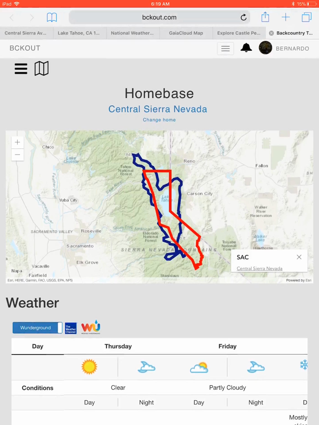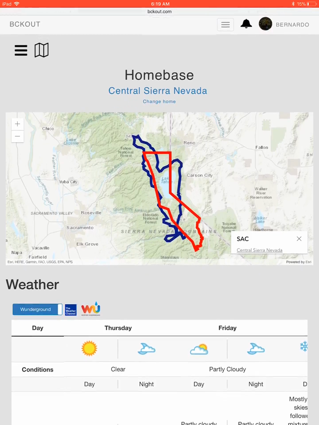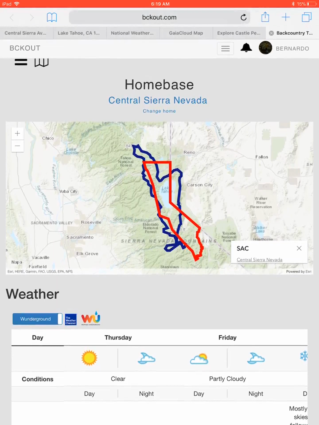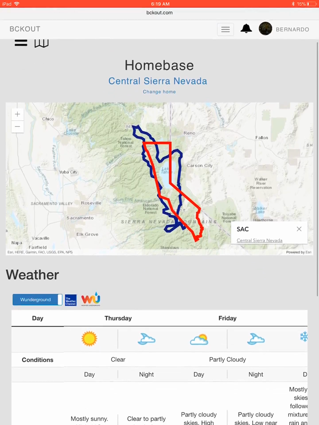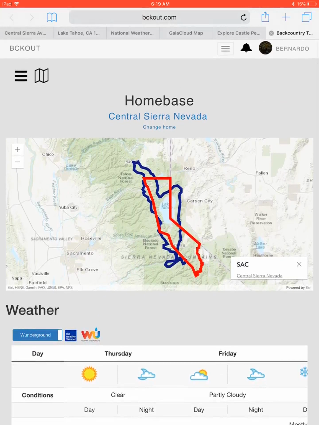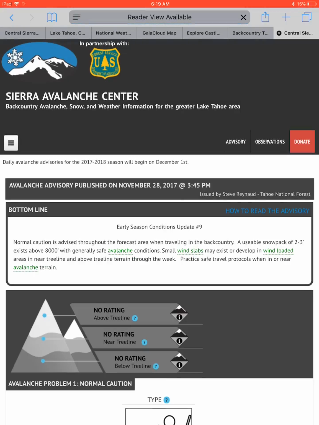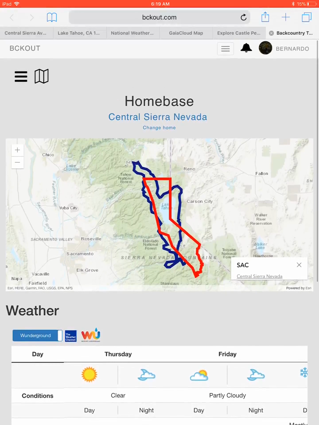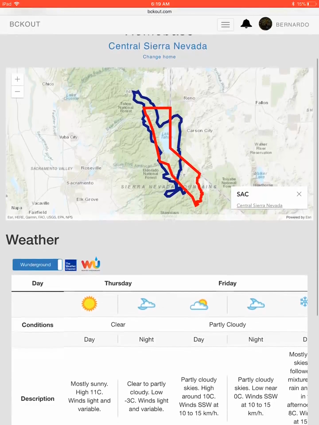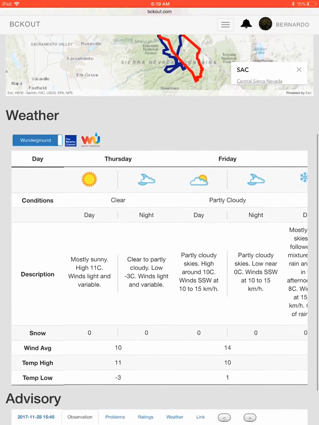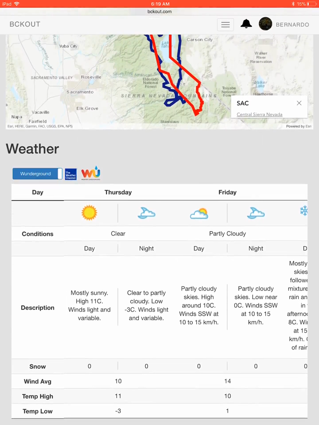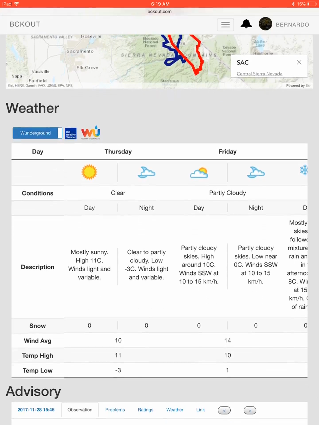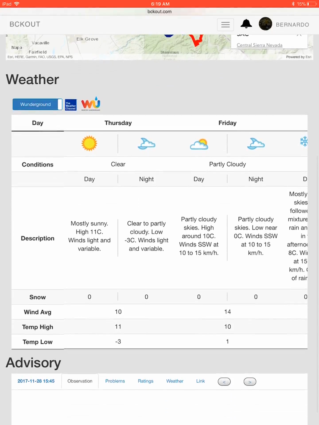And then the red thing is the lines for the forecast, or the NOAA discussion, because NOAA's discussions pertain to certain areas. So anyways, we have Central Sierra Nevada, and you can click on that, and it takes you to their latest advisory. And if this thing ends up being wrong, you can always change the home and pick the correct location. So the first thing that you want to know, pretend I was gonna go tomorrow. Today's Thursday morning, so if I was gonna go on Friday morning, I would start looking